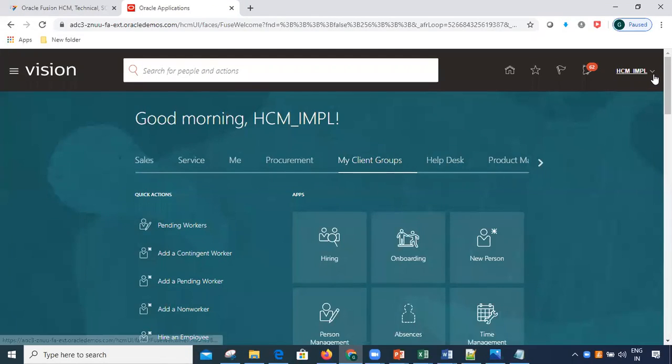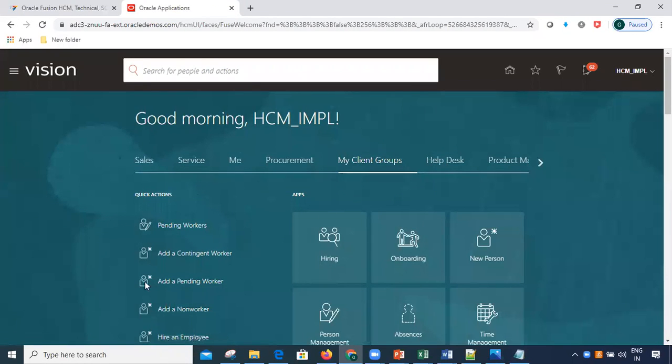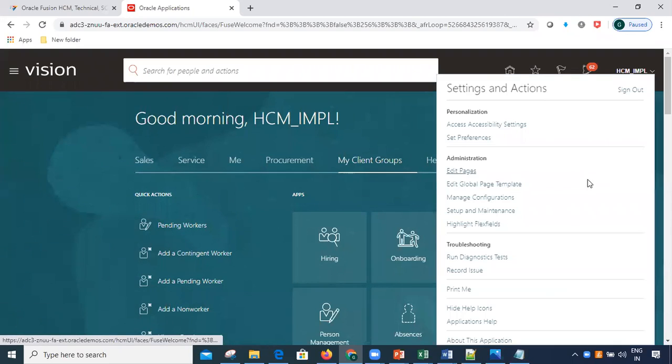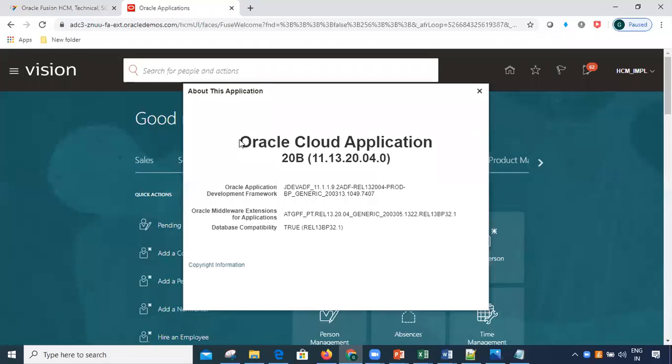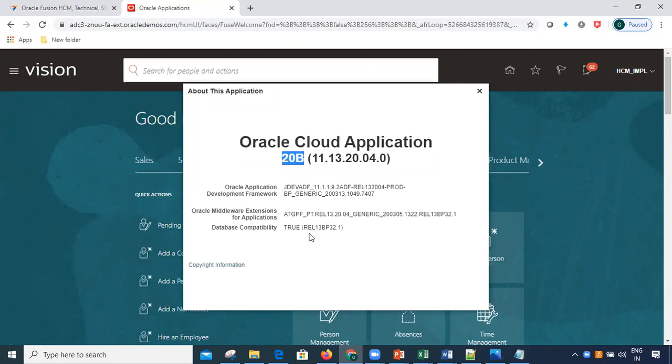Okay. Now I want to know what is the latest version of this application, where you have to check what is the latest release of this system that I'm using. In the settings and actions, we will have About This Application. Click on About This Application, and here you can see the latest release of this system. 20B, release 13, okay, release 13, 20B.